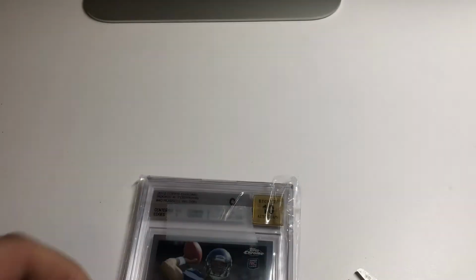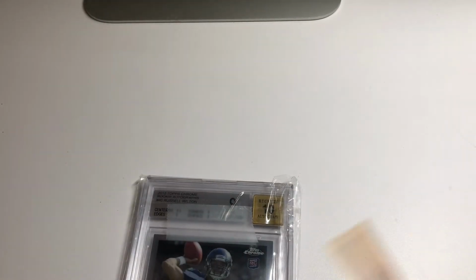Just trim that top here. All right, cool. So,